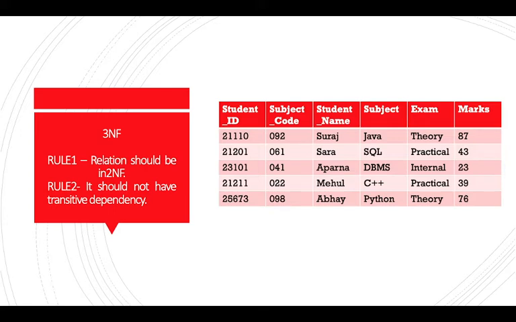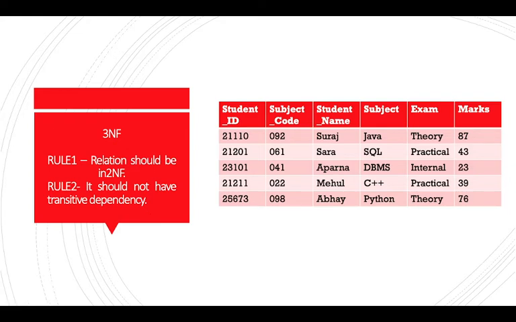If you notice, there's a hierarchical order. For a relation to be in 3NF, it should be in 2NF. For a relation to be in 2NF, it should be in 1NF. So if you want your relation to be in 3NF, it should be in 1NF and 2NF also. So this is a hierarchical order. Each one of them depends on the others, right? Now let us try to understand 3NF. We need to check if the relation is in 2NF and we need to see if there is any transitive dependency and remove that.